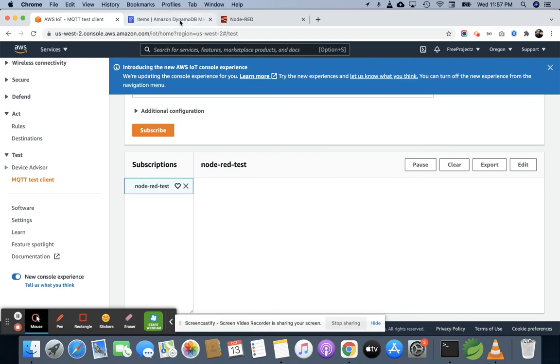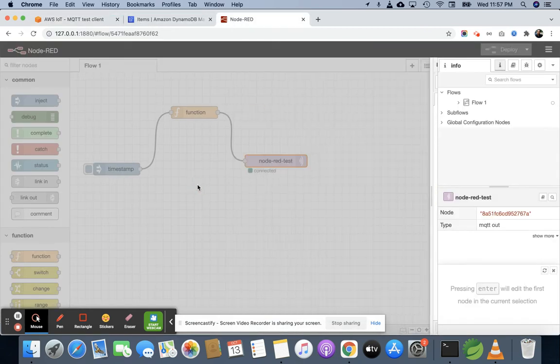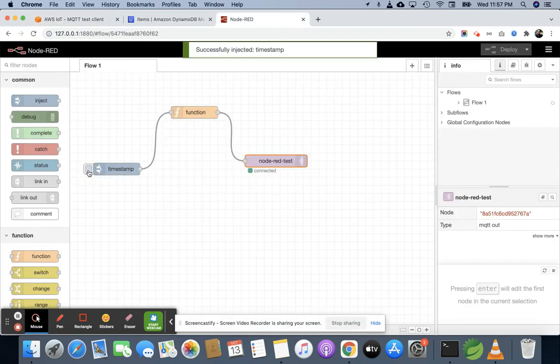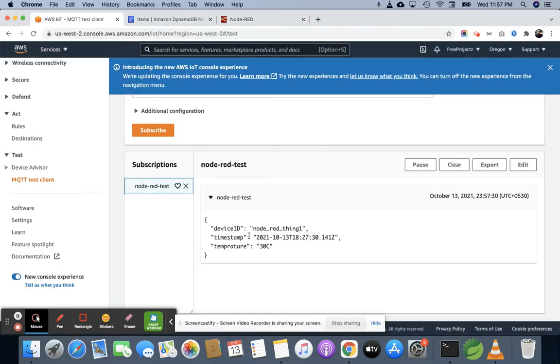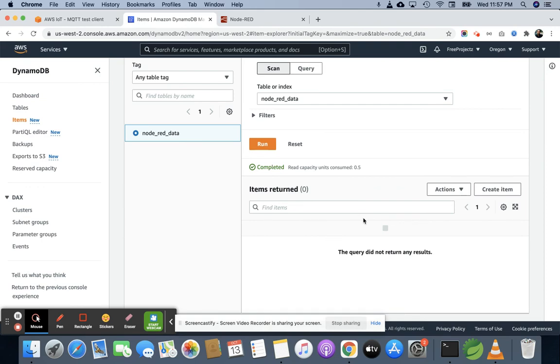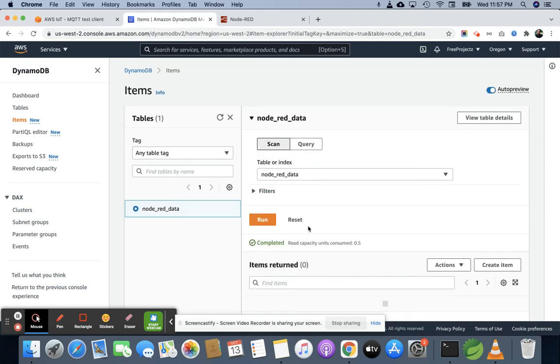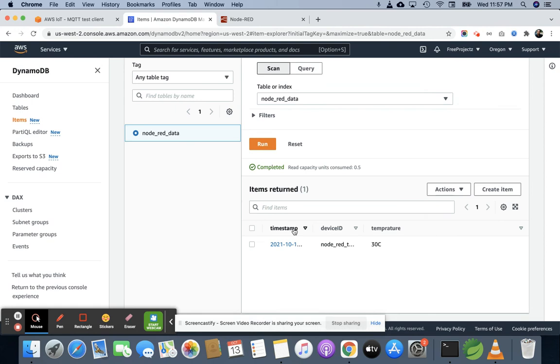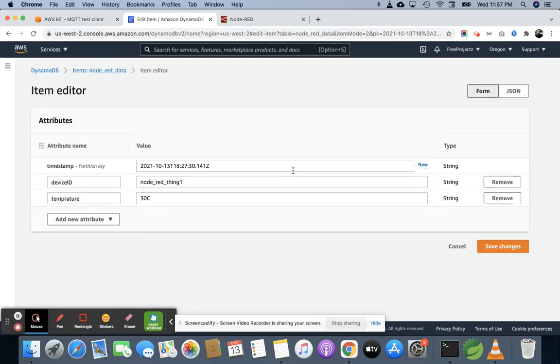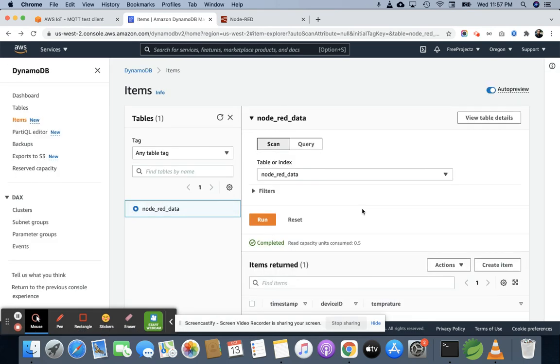Now I am going to send data from here. One message I already sent, so you can see one item is here. Now go on to DynamoDB, click on run. Oh, there is some issue. Yeah, the message is here. So there is one message coming here.